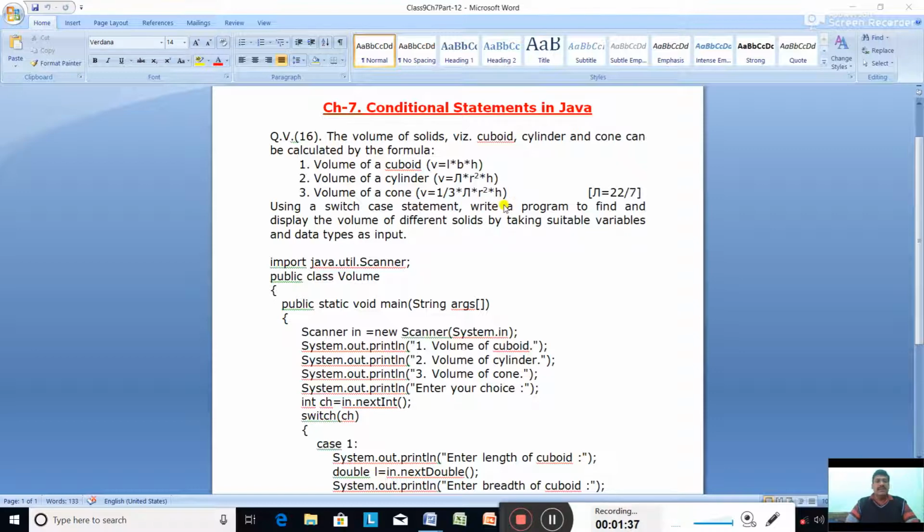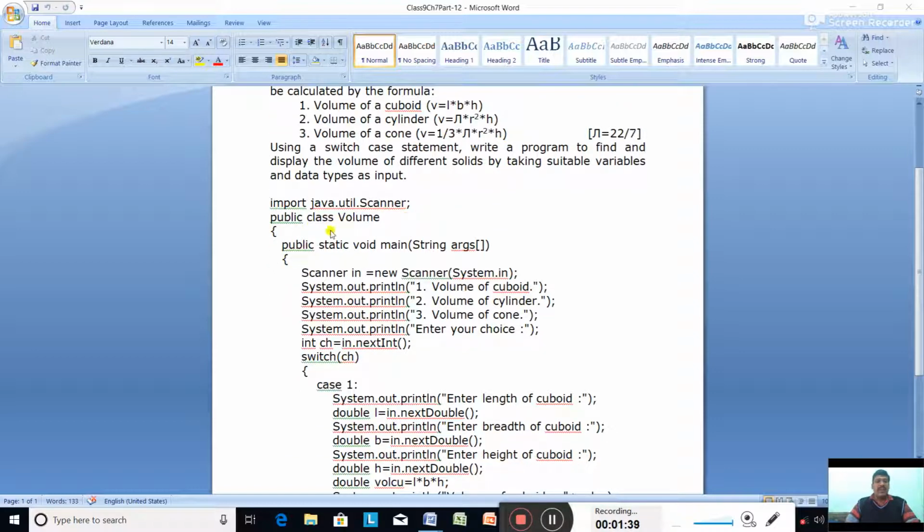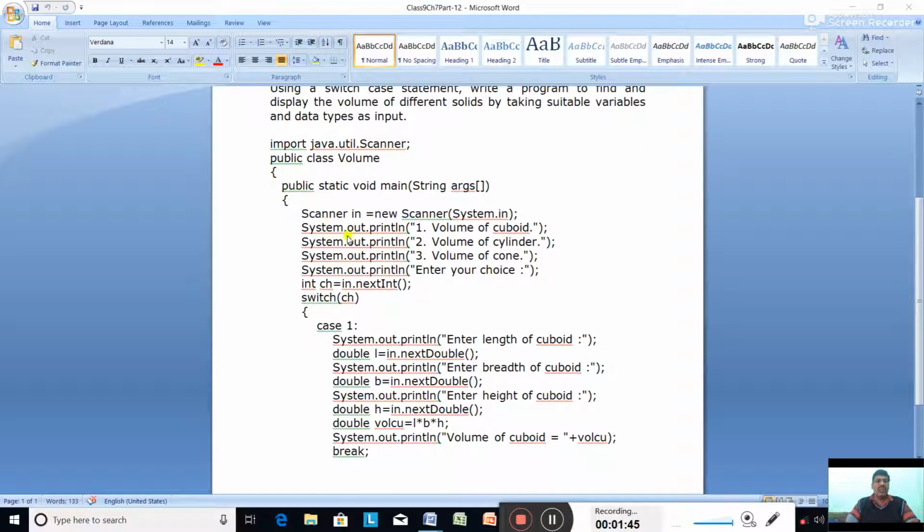Okay, so see the program. Import java.util.Scanner, public class Volume, class name is Volume. System.out.println 1 volume of a cuboid, that means you have to press 1 to find the volume of a cuboid, 2 to find the volume of a cylinder, 3 to find the volume of a cone.